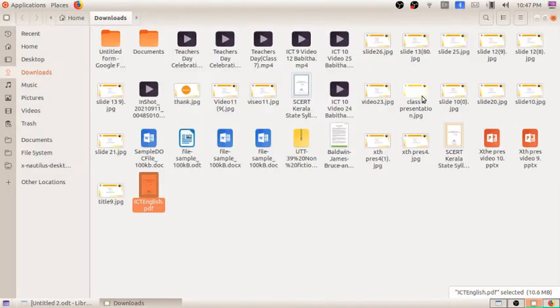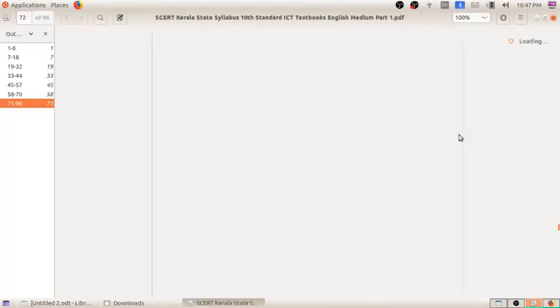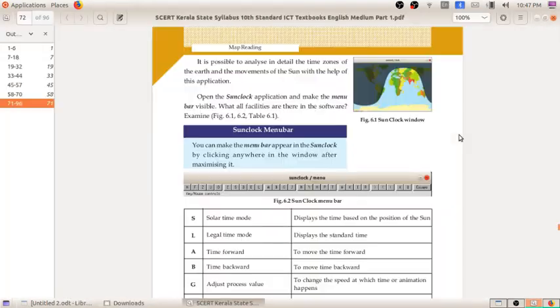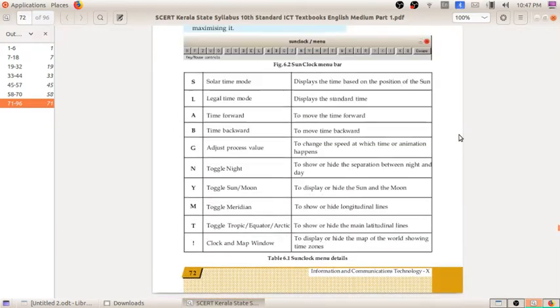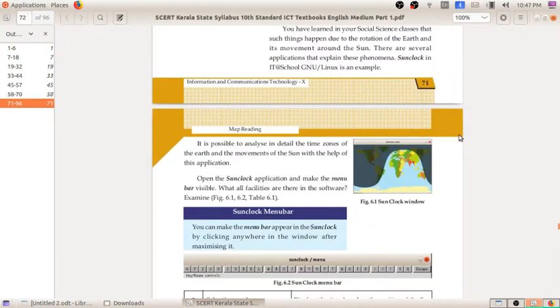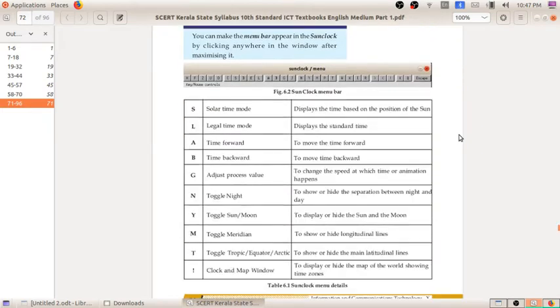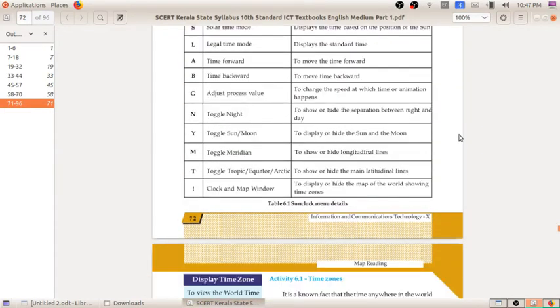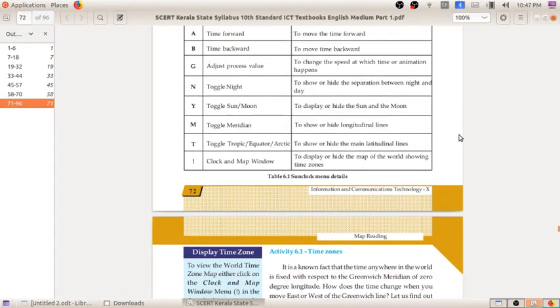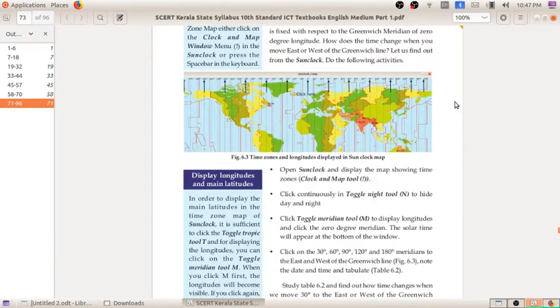Just a second. Yes, so this much we have finished. We opened our Sunlock software, we saw the Sunlock menu bar, and we familiarized ourselves with the different menus in the Sunlock software.